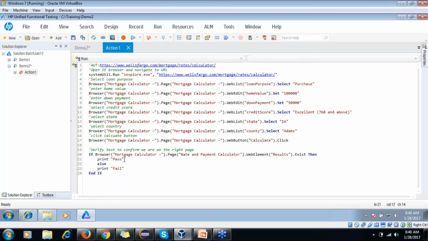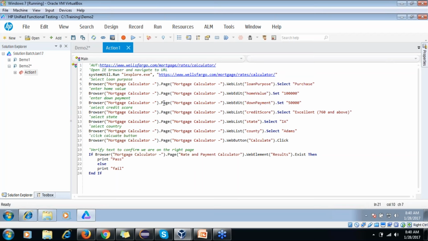There is also the option, in place of this, to use a message box. This message box will pop up and show me in a pop-up that it passed or failed. Both things we can use, but I want to use print.